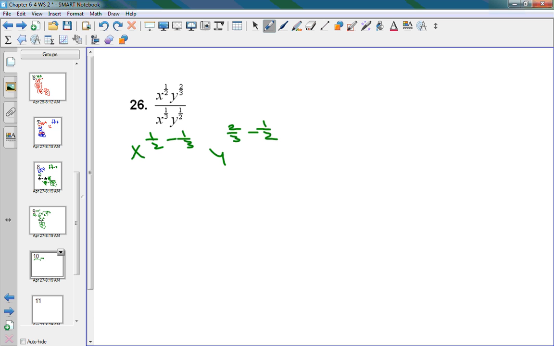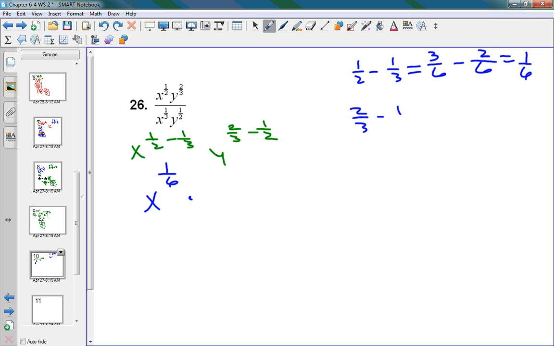Okay, the x's and other common things. 1/2 minus 1/3 gives me a 6 here and a 6 here, so that's going to give me 3/6 minus 2/6, which gives me 1/6. What did I multiply 2 by? A 3. 3 times 1 is 3. What did I multiply 3 by? 2. 2 times 1 is 2. 3 minus 2 is 1. So that's x to the 1/6 times